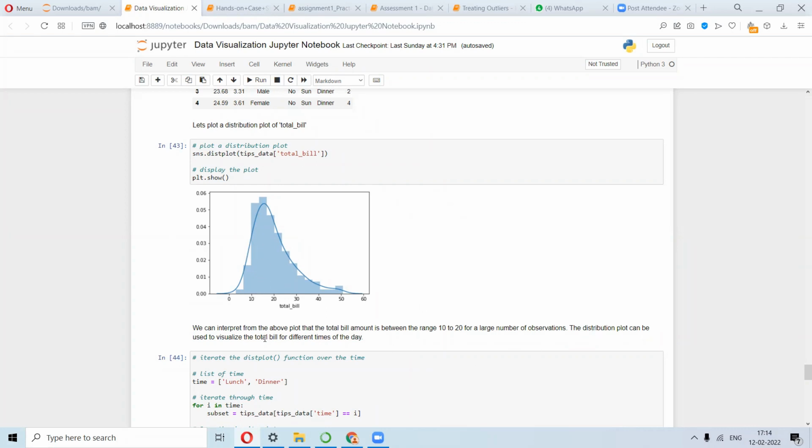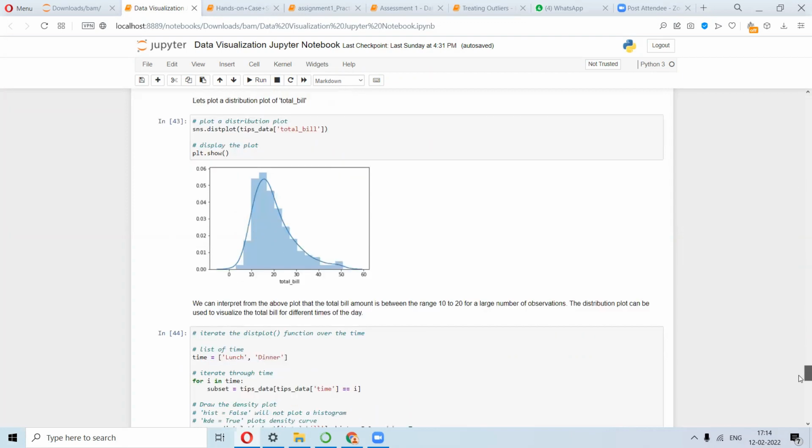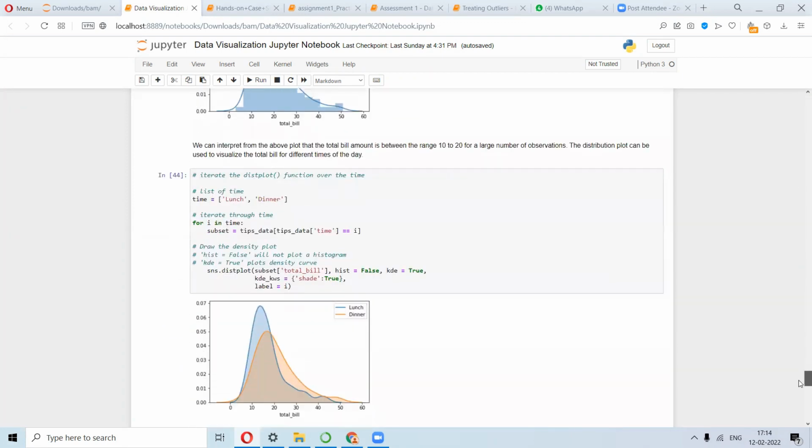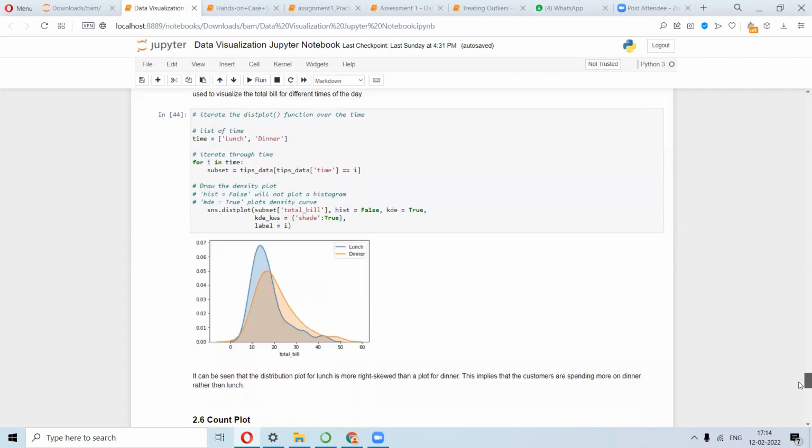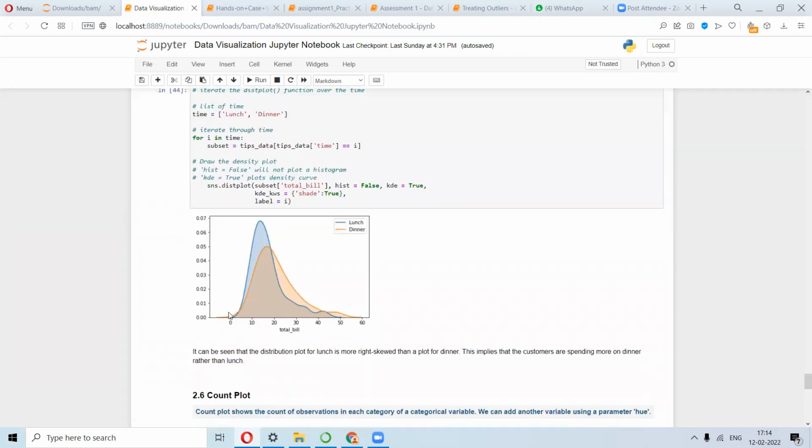And the distribution plot can be used to visualize the total bill for different times of the day. So clearly you can specify this for some other days, and even for lunch hours or for dinner. You see that for lunch, typically the total bill is lesser when compared to that of dinner, right?